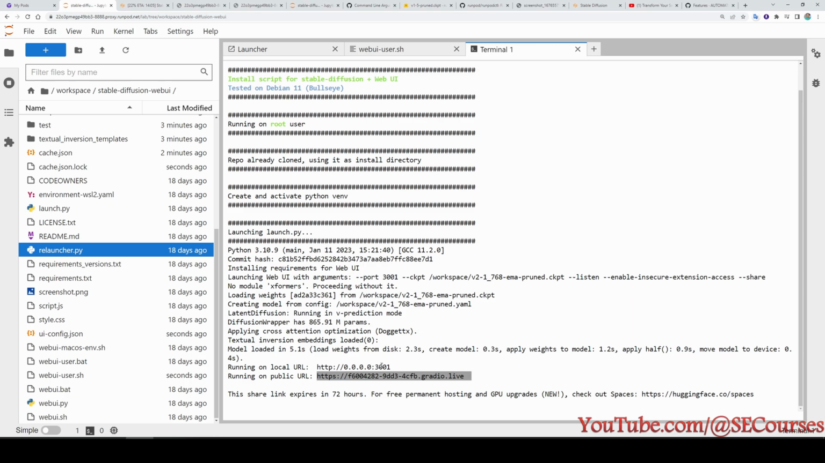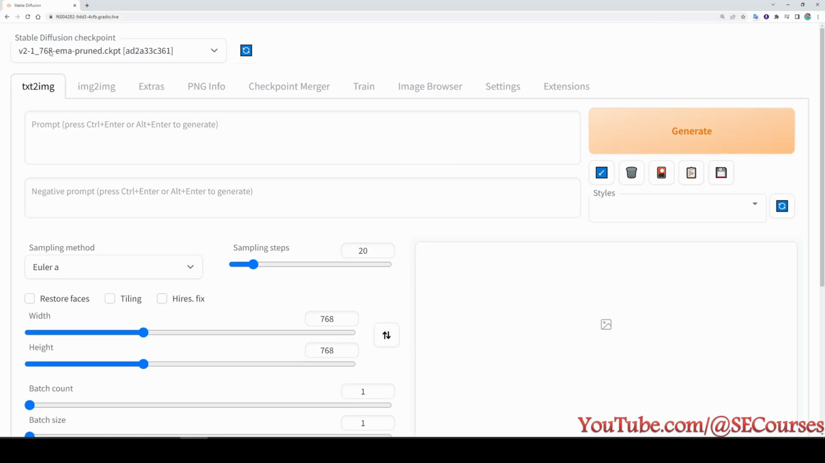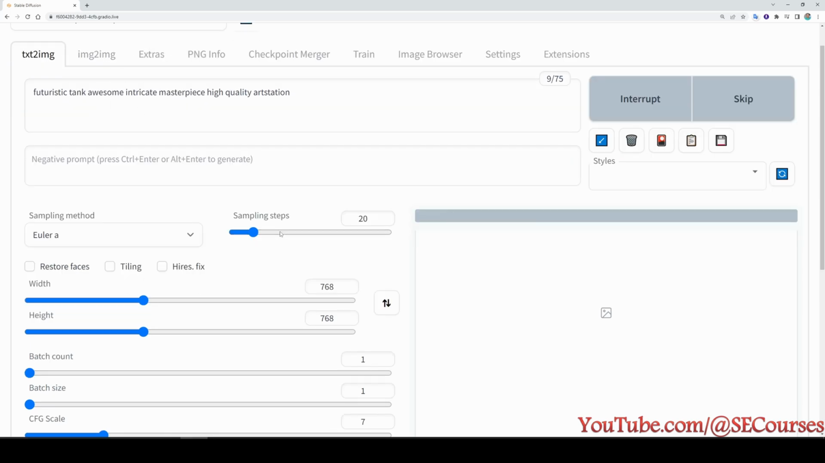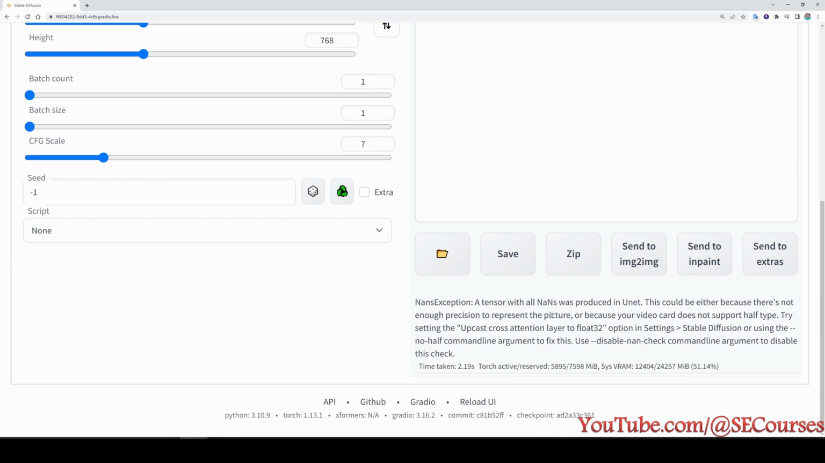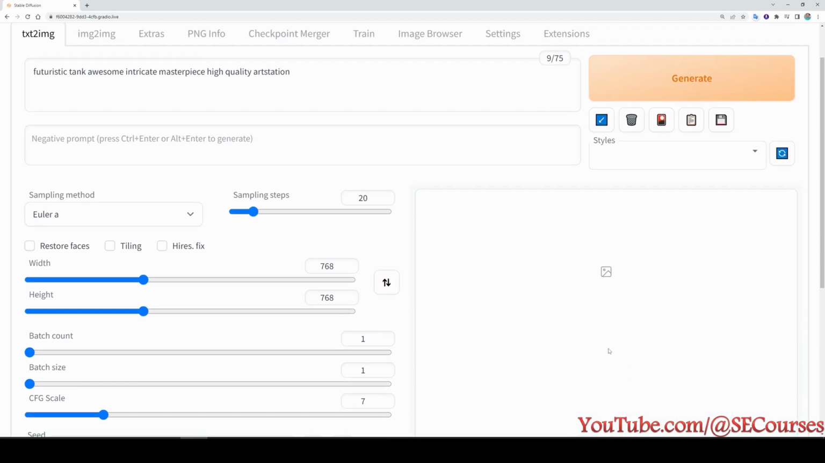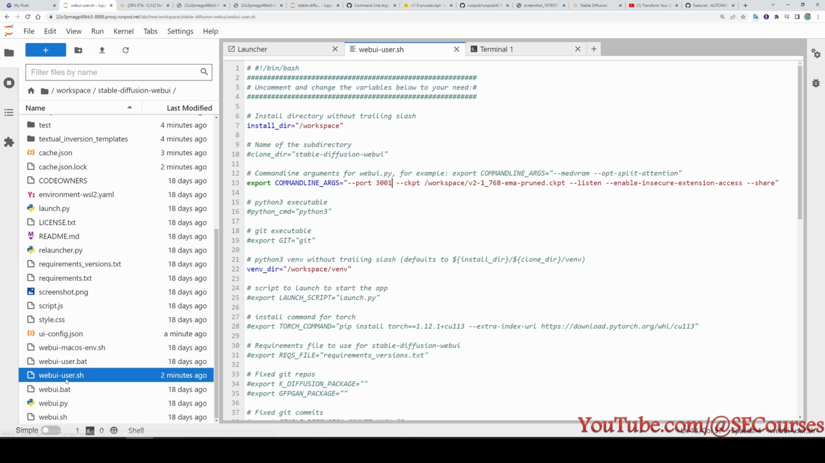Okay, the 2.1 RunPod is ready. Let's start it. Okay, the currently selected model is the 2.1 version. Let's test it. Okay, I have written my prompt. The output resolution is 768 by 768. Looks like we got a problem. It says that a tensor with all NaNs was produced in unet. So we need to add the --no-half command to the command line, because with this graphic card otherwise it won't work. So let's go back to the RunPod, open the web UI